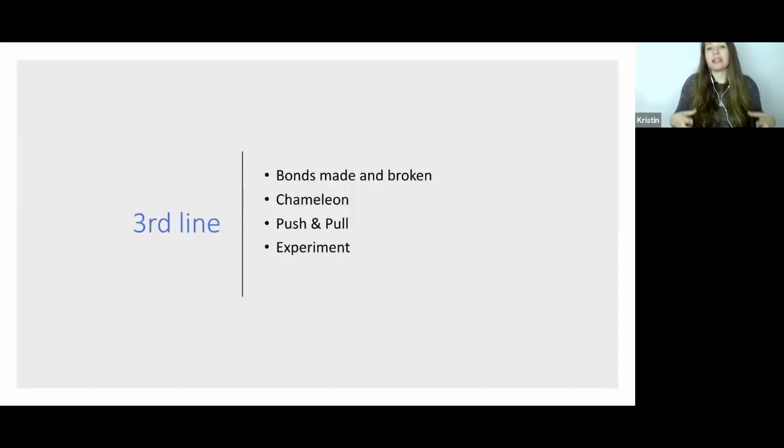Now, even if the relationship is really great, the third line over time will see, oh, there are all these cracks in this foundation, all these cracks in this relationship. We need to dig this up and reset it. And if it can find someone that it can do that with, then it will stay in the relationship. If you can't constantly be building and repairing and making and breaking bonds with a person, then it will leave, okay?